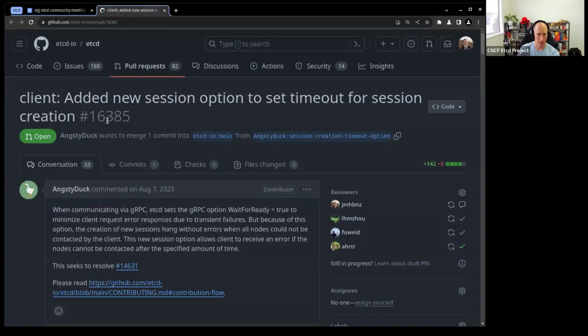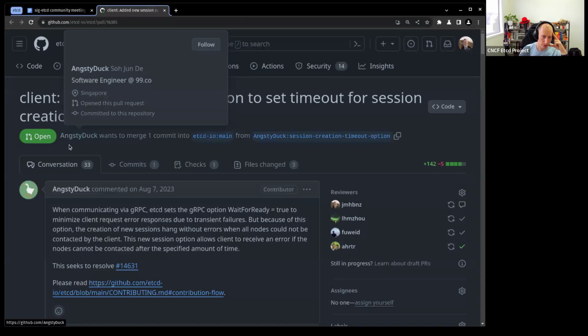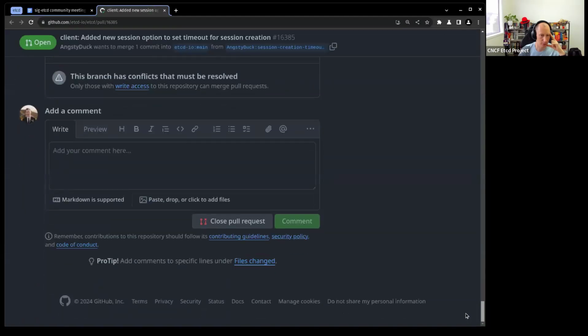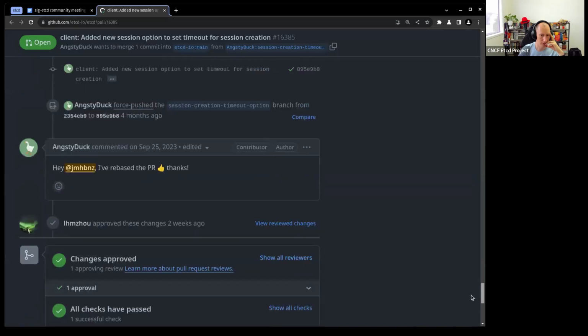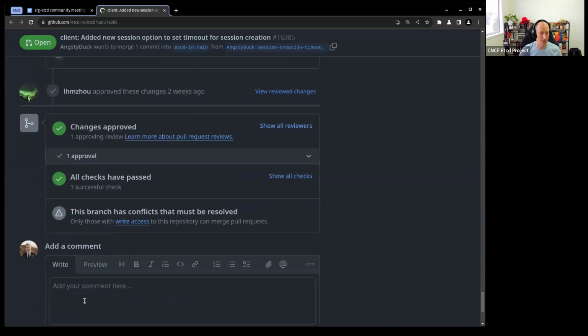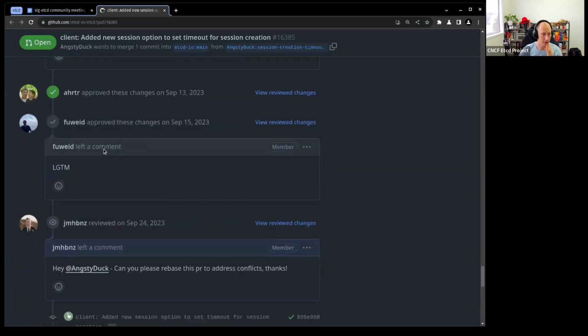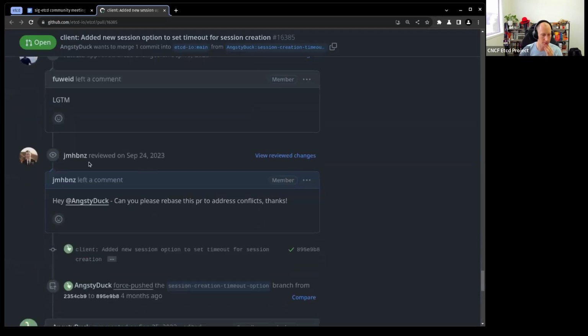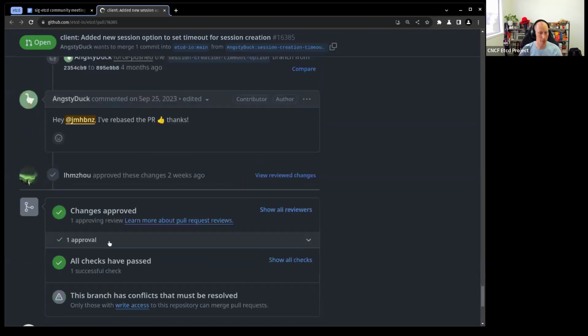Next up, okay, again, this is another new feature that's sort of been sitting for a little while. It's from sort of August. Yeah, we need to rebase this PR. Yeah, okay. And I actually did do that back in September, so maybe we'll just ask again.